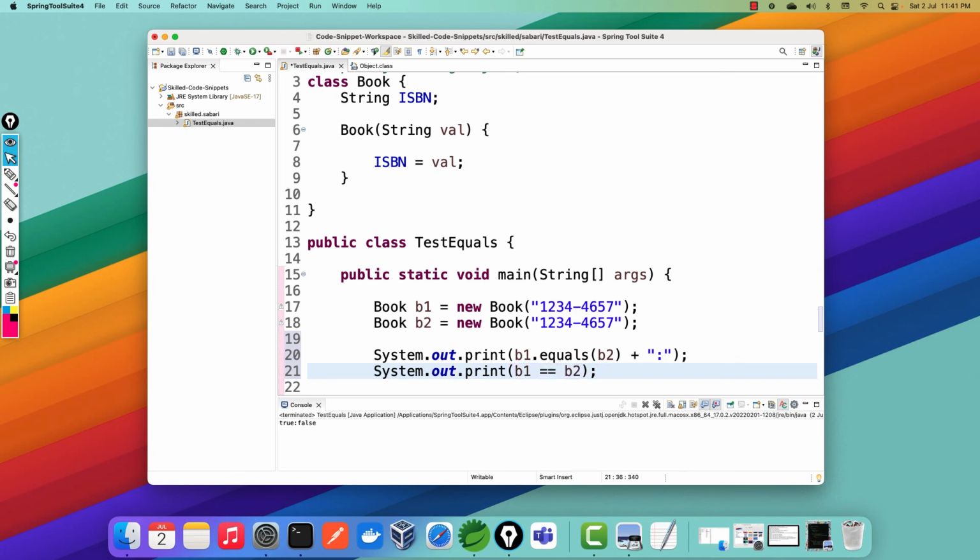So there are two lines of code written here. One is checking for the equality of two objects. Another one is also checking for the equality of two objects, but there is a major difference between using the equals method and double equal to. Now if you notice, how does this equals method come up? B1 is a Book object, B2 is a Book object. How does this equals method come up? Do we have any equals method here? Visually, you cannot see any equals method present in this particular Book class